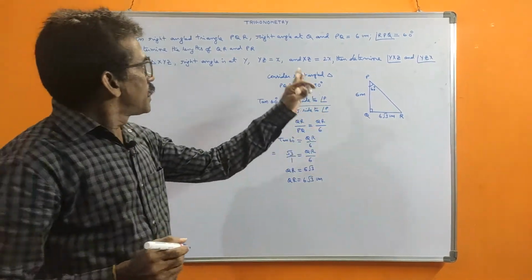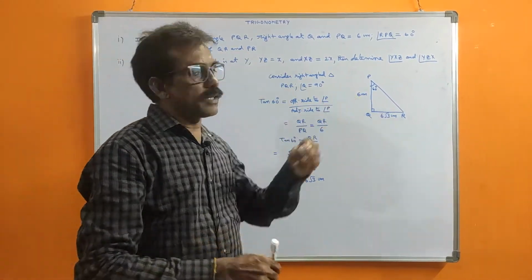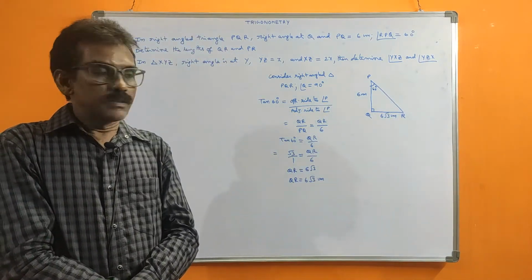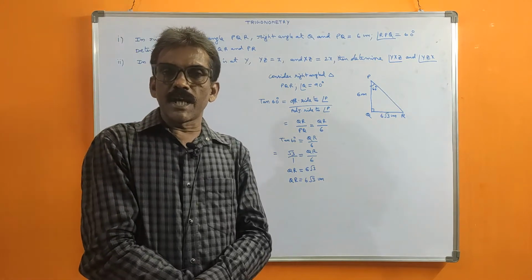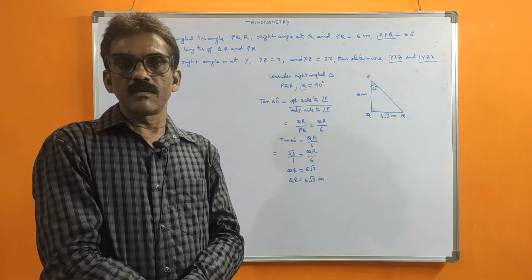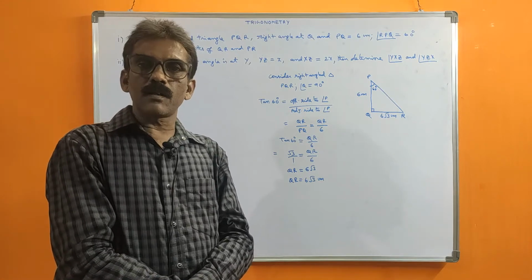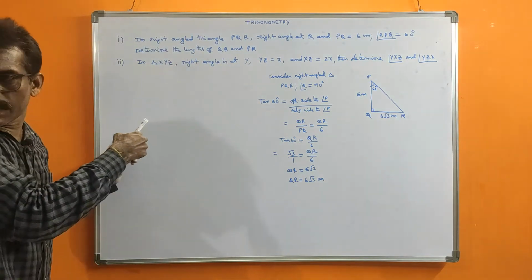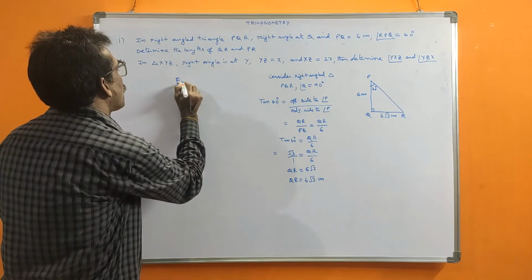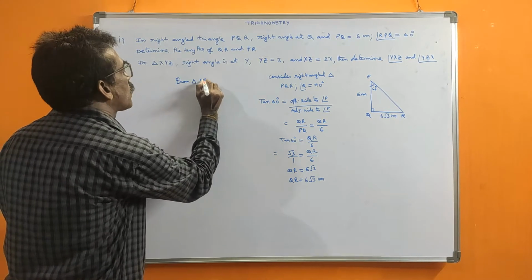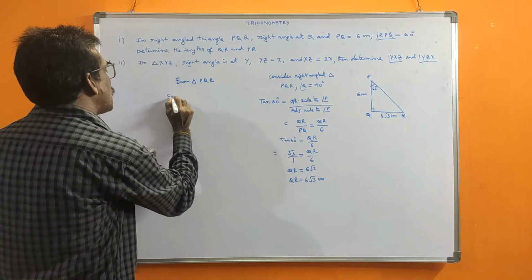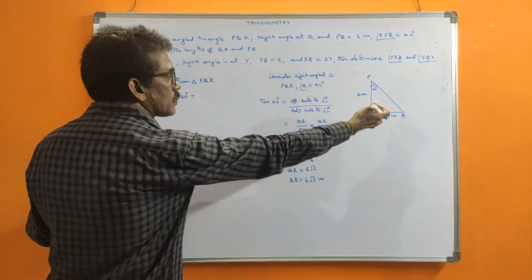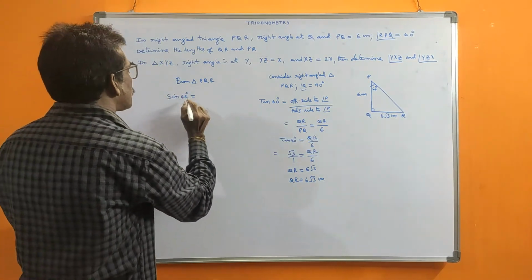Next, he asked QR, and he asked PR also. For this triangle, PR becomes the hypotenuse. How can you calculate it? You should take sin or cos, because in the sin and cos formulas the hypotenuse is there. So by using sin or cos you will get the same answer. I am taking sin; cos also you can take. So from triangle PQR, I am taking sin 60 degrees, because that angle only we know. This angle we don't know, that's why don't write.